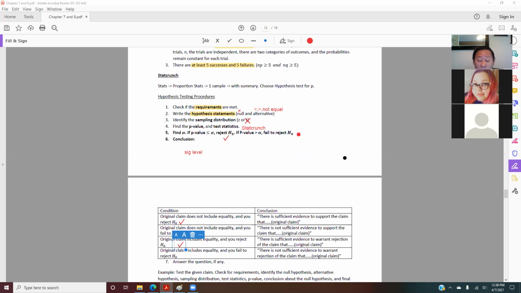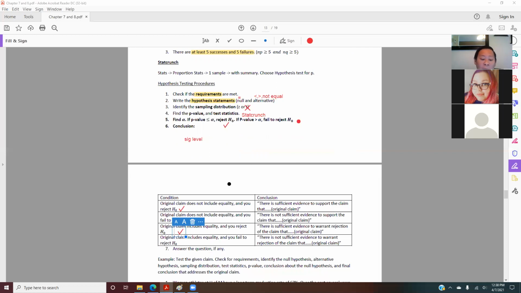The original claim is always found in the question. The question says test the claim, so that is the original claim, and usually they use the words less than, greater than, or equal to. That is the claim statement here. If your original claim does not include equality, meaning your claim only consists of less than or greater than,